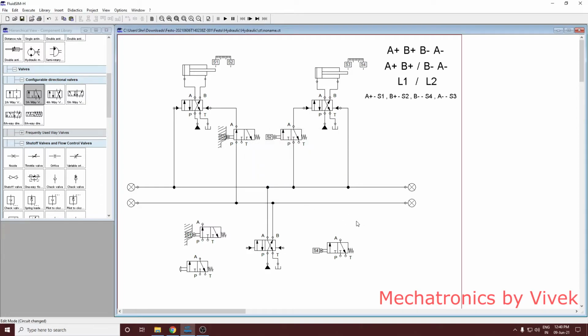S1 and S4, okay. See, B minus happens when S4 is true, so this is B minus. But for this, B minus has to get power from line 2, correct? Okay.